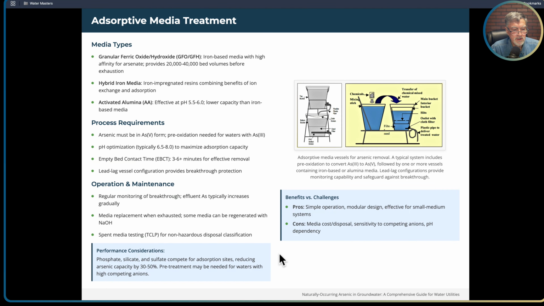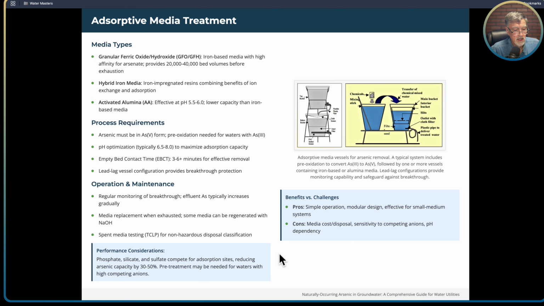So operation and maintenance: regular monitoring of breakthrough. Effluent arsenic typically increases gradually, so you're going to want to watch that and track that. Media replacement when exhausted. Some media can be regenerated with sodium hydroxide, and then spent media testing, TCLP for non-hazardous disposal classification. The TCLP is going to tell you if it's hazardous or not and how you've got to